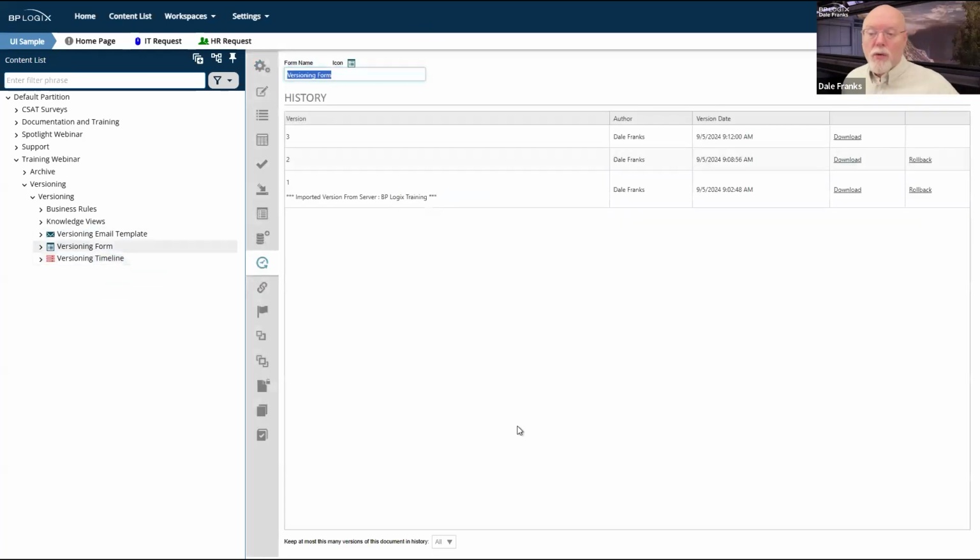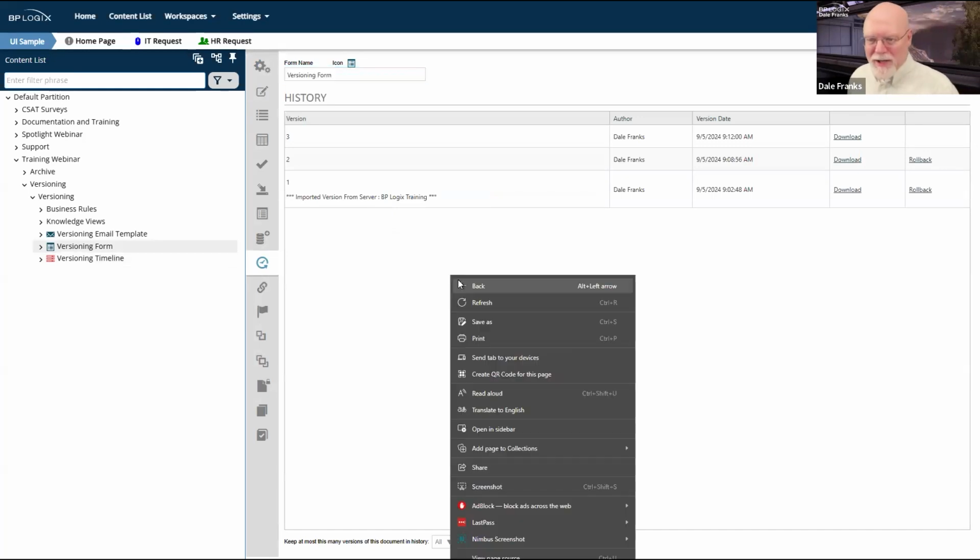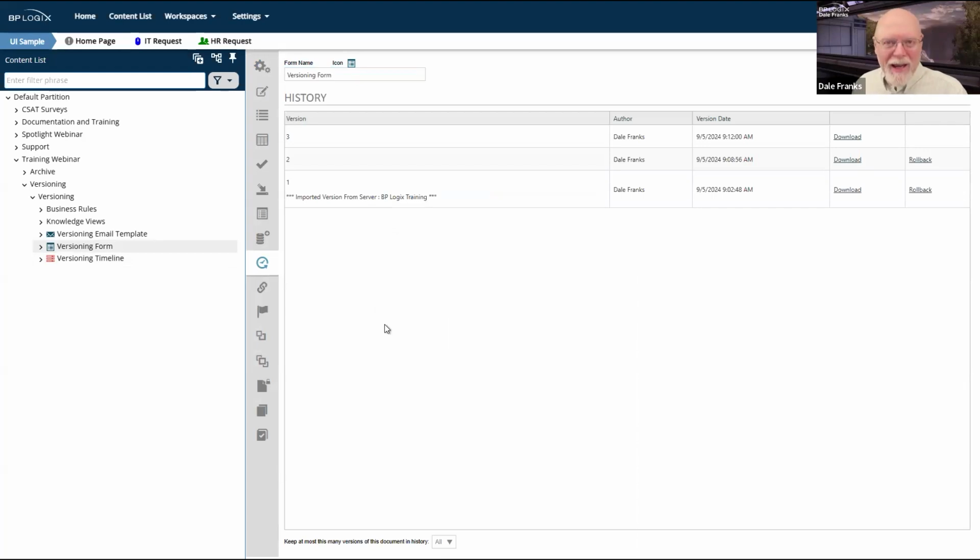Now, there's a good reason for having it on the form because this is probably where 80% of all of your work is going to be done in a form or an email template. And it's convenient. And this is where this is most useful in terms of being able to go back and fix things that you may have done on the form. So it's nice to have this history. Keep in mind that while it is persistent, this is all fungible, and hitting that rollback button does mean that I'm going to get rid of a lot of previously done stuff.